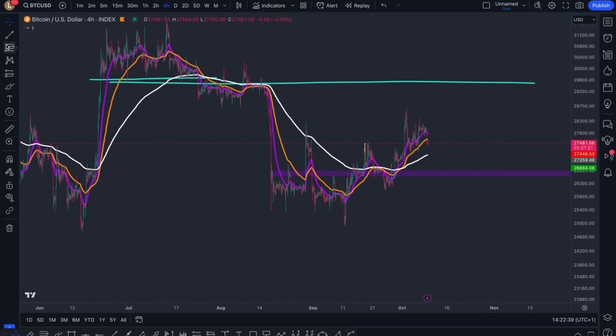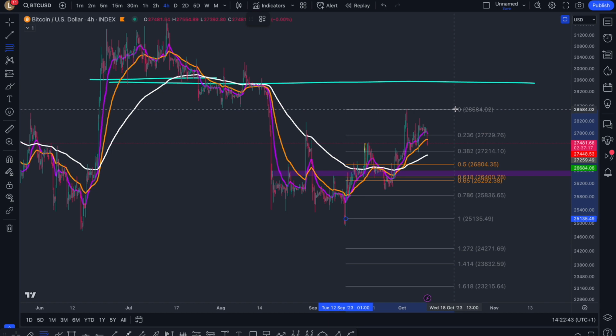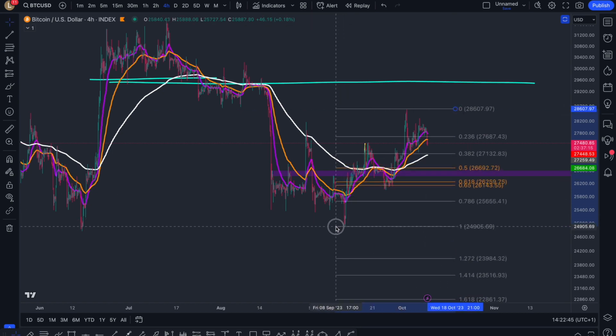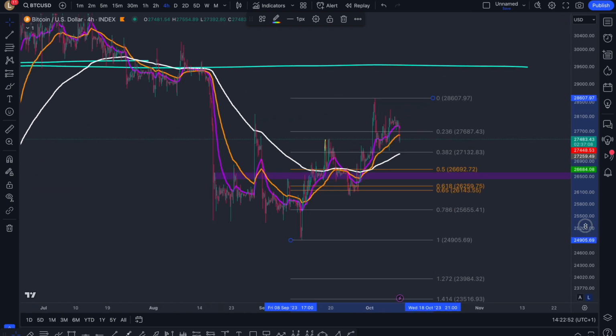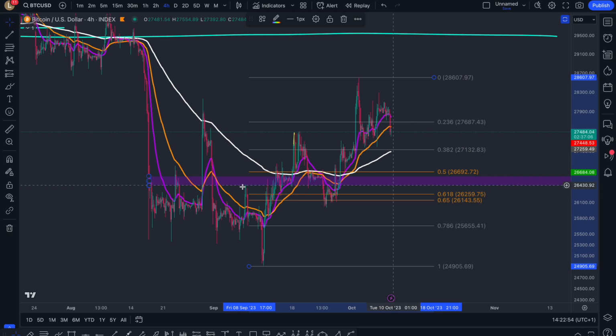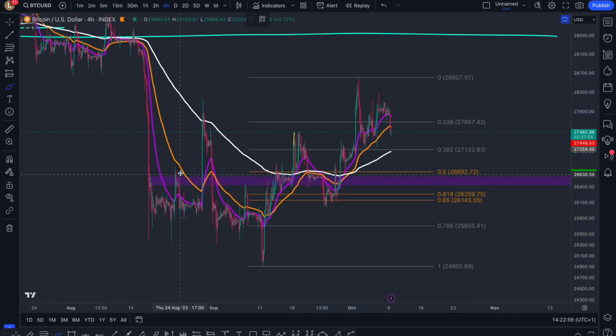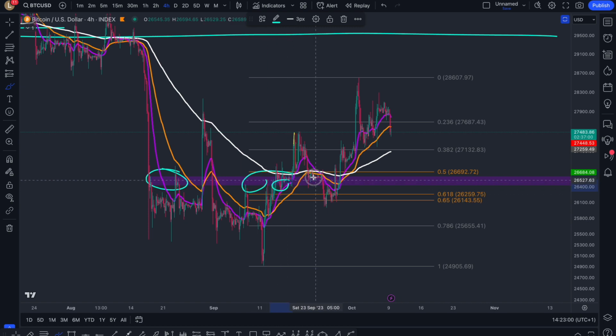What I'm going to finally do is place a fib from the low over here to the most recent top right there. So we can see the lowest point of this whole entire range down at 25,000, and the peak here at 28k, so a nice 3k range. And it's saying an area of a lot of importance is this previous resistance here, where we see resistance, support, support, back as resistance, and then reclaiming it.